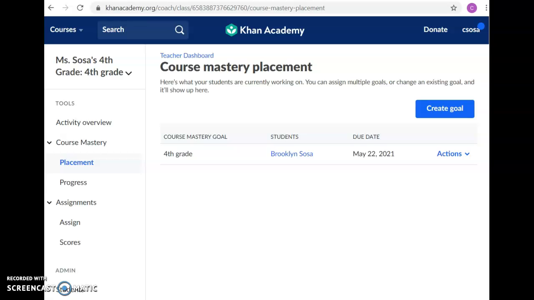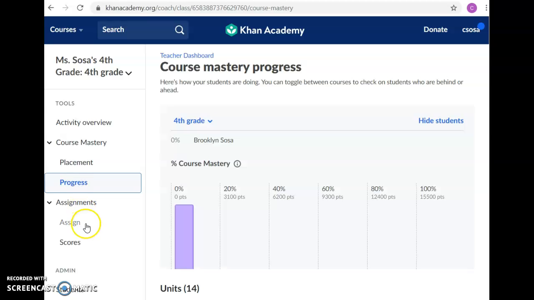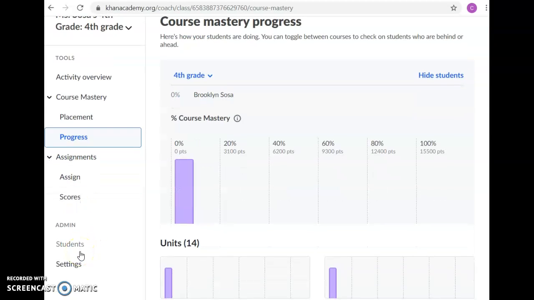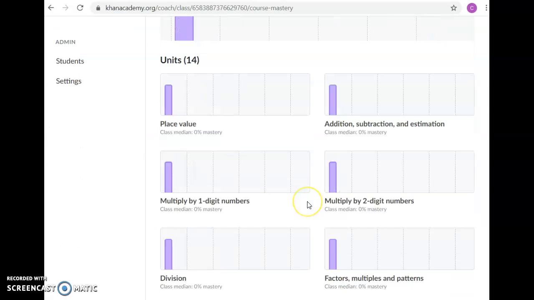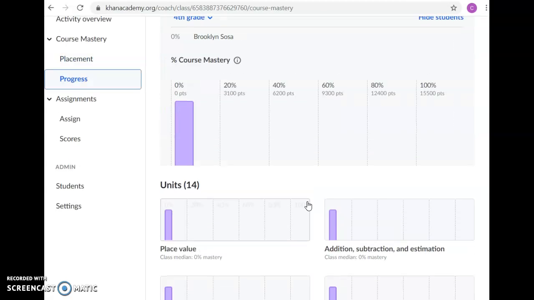Our last standard is using data to modify instruction, because you want to use this data. You can see their progress. You can see everything. You can assign the students different assignments depending on how they are doing, and what they are weak in or need more practice in. So modifying those instructions really helps, because you have all the data right there in order to use and best